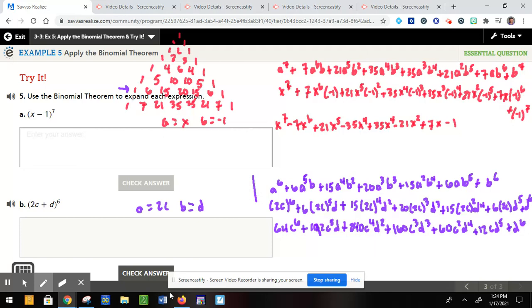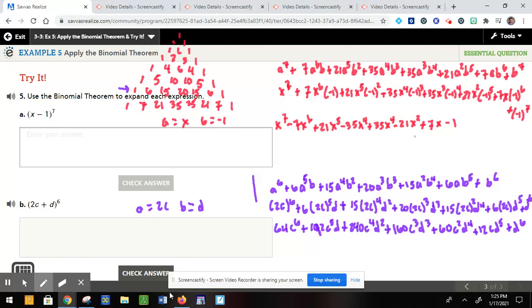I substitute x in for A, -1 in for B. The effect of the -1 essentially is it just alternates the positive, negative, the addition, subtraction for each term, depending on what exponent was on the -1, right? So I ended up with x to the 7th minus 7x to the 6th plus 21x to the 5th minus 35x to the 4th plus 35x to the